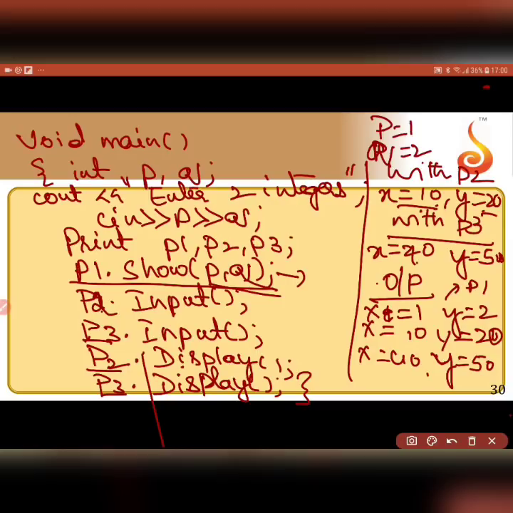So what does it mean? It means that with the object dot that function, if you have 10 different objects, then you can store 10 different values for the same set of variables. You can have a look. So once you understand this, then we can do how to pass the objects to a function.